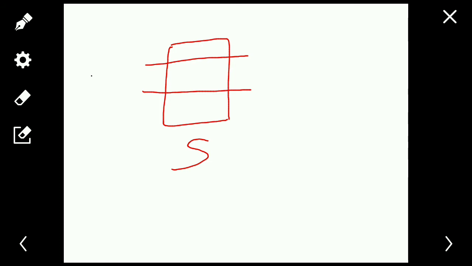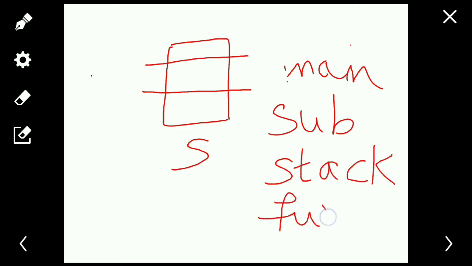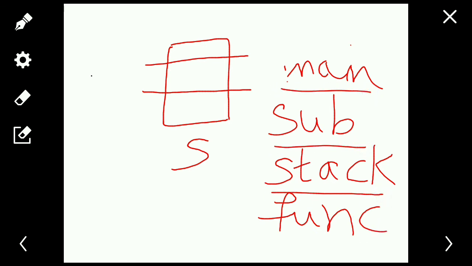Okay, so we know that suppose I'm taking a program, then a program consists of the main program, subroutines, and stack. Okay, some functions. So here a program consists of multiple segments, right? So we are going to take a segment and divide each segment into multiple pages. Each segment in this scheme is divided into pages, and each segment maintains a page table